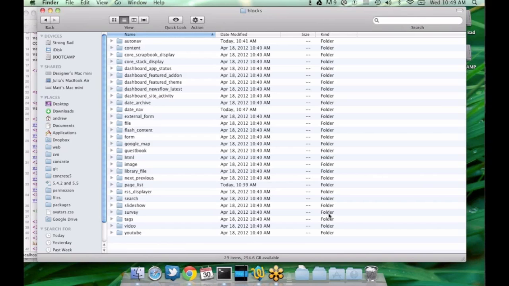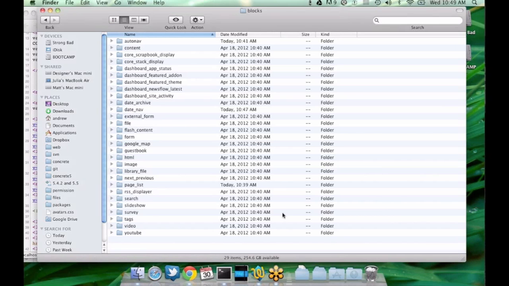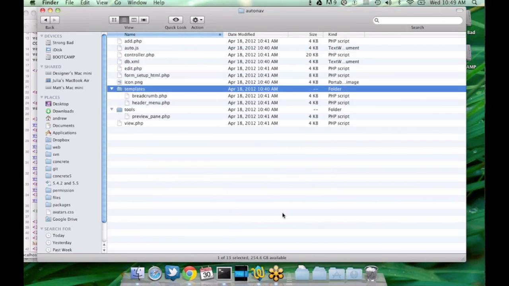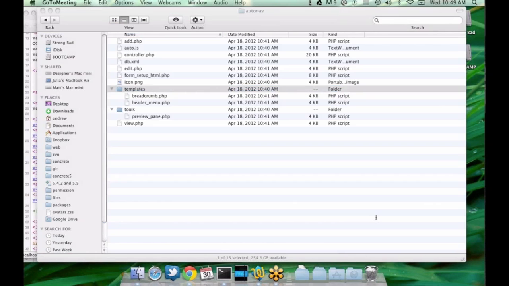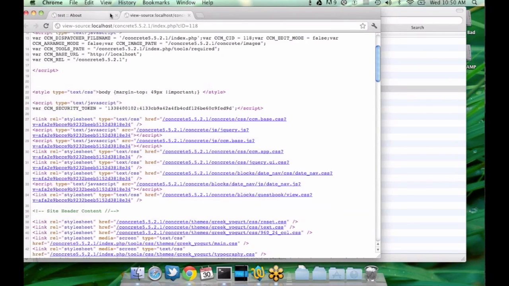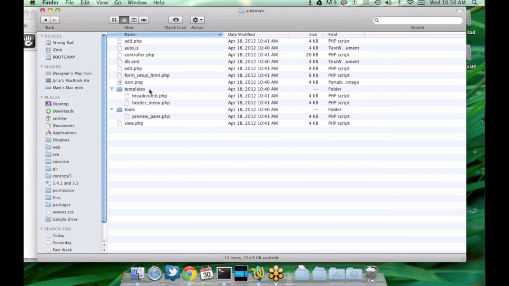Tom asks, could you add templates/breadcrumb.css and templates breadcrumb.js? You can. It works a little differently than that, but you can. What he's asking is, is there a way to provide custom template specific CSS or JavaScript? And yes, there is. You don't do it quite that way, but it does work similar to that. So what you would do,